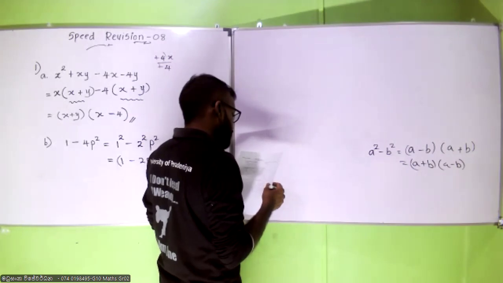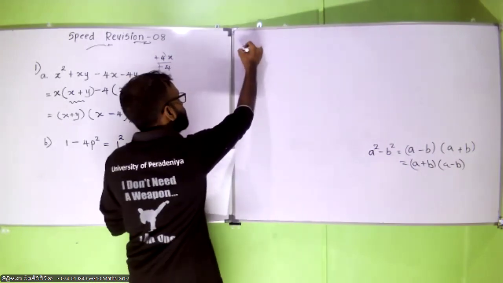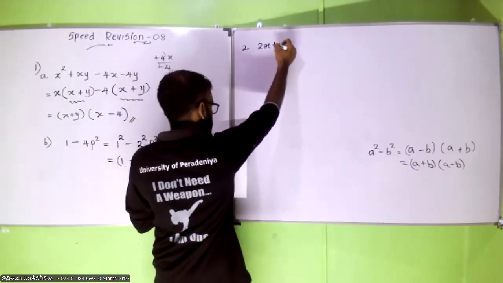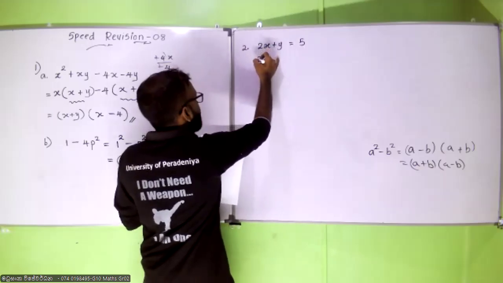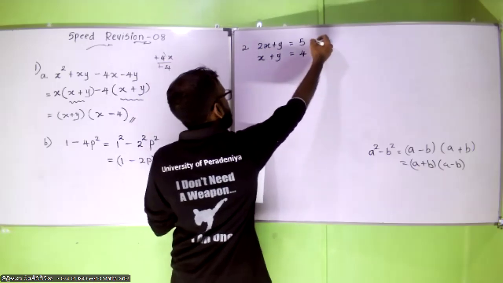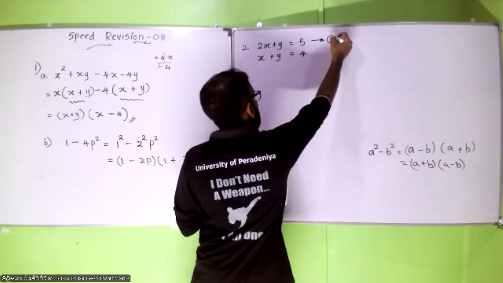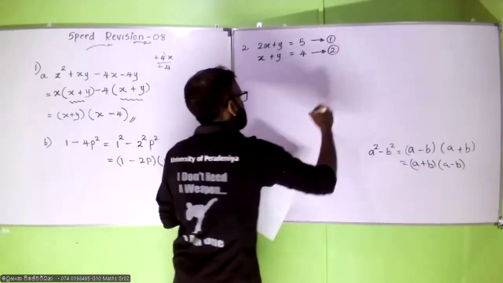Solve the pair of simultaneous equations, right? 2x plus y equals 5. x plus y equals 4, right? So normally, if you are going to solve simultaneous equations, you are going to first label your equations like this,